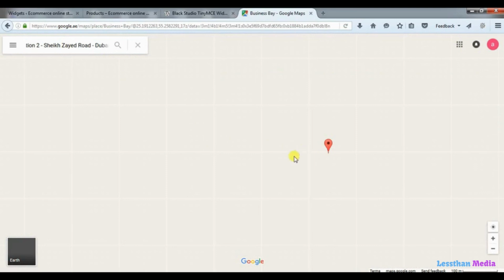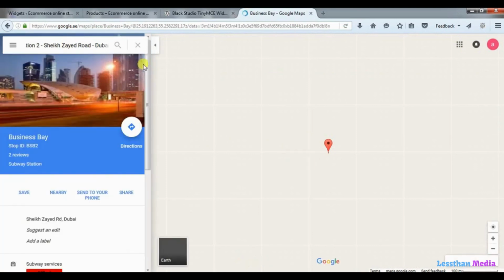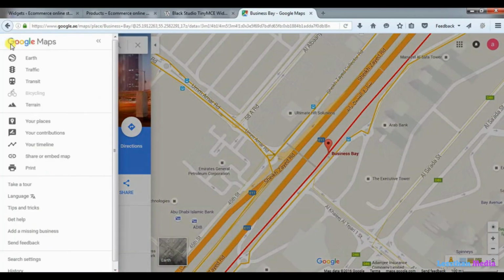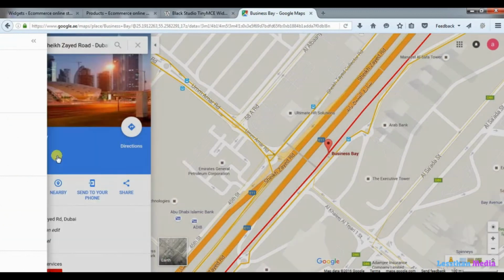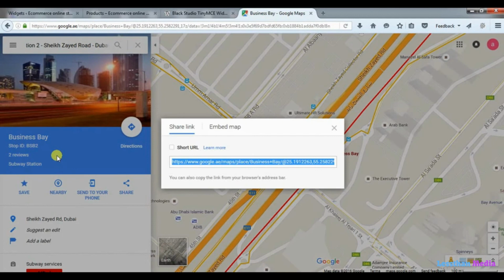After you find your exact location, on the left side you will see an icon. Click on the menu icon and here click on share or embed map. Now here click on embed map